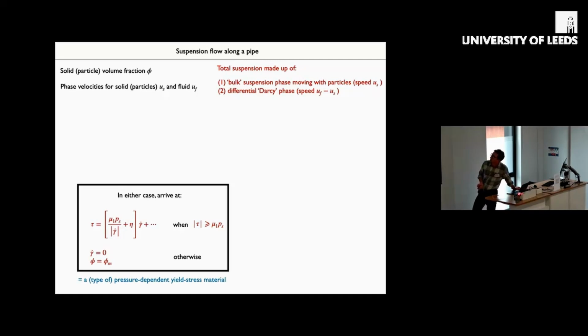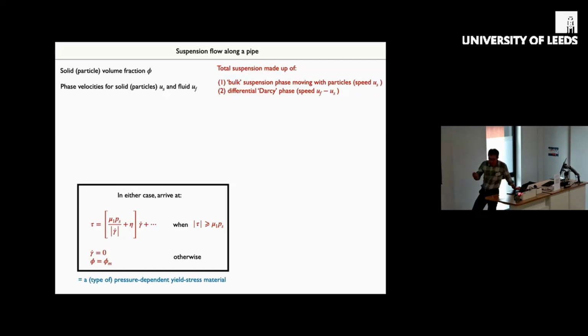Okay. So now, if you're trying to think about flow along a pipe, for example, you take this rheological model, you plug it into a sort of pipe flow model, and see what happens. The key thing is you have this particle fraction phi. We're going to have a particle velocity and a fluid velocity, and the suspension we can think of as being made of